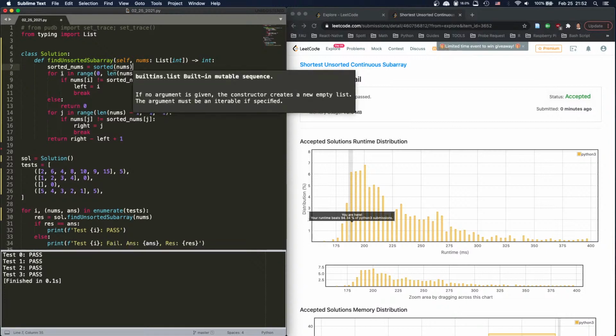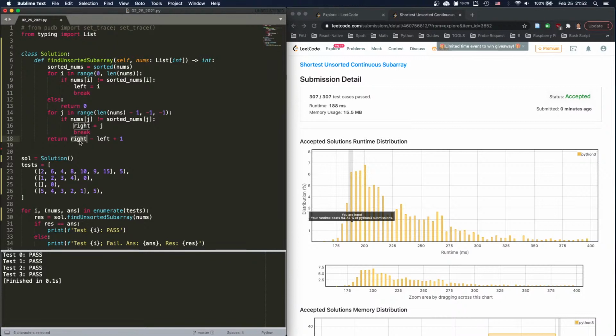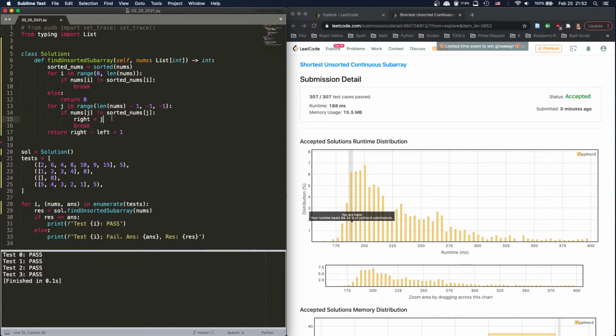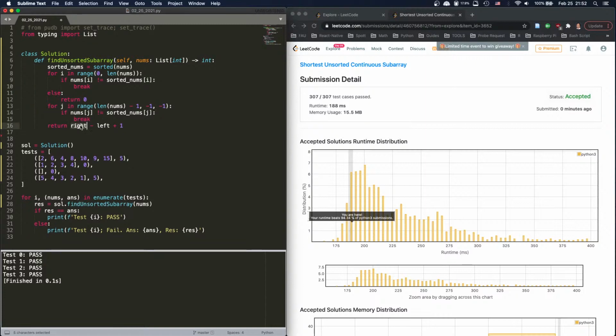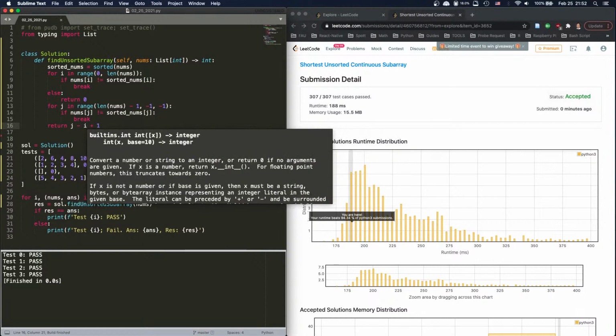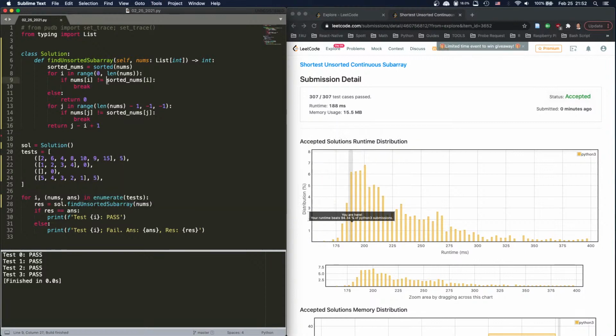We can just do i and j, and we don't even need this, nor do we need this. And we just do j minus i plus 1. This shall pass as well. Yes, because we're checking if it fits. If it fits everything, then we just return 0. If it doesn't fit, that means there is some place in the original nums that's unsorted. Then we go the other side. So yeah,